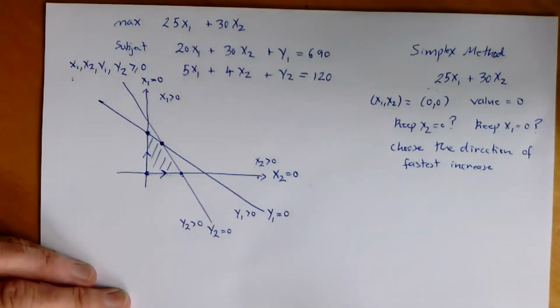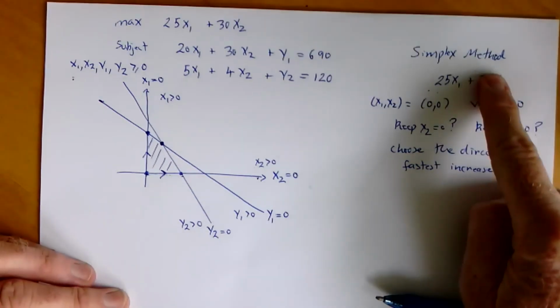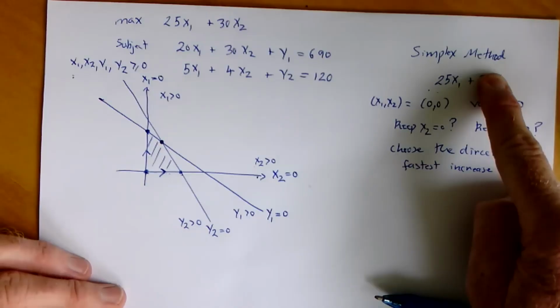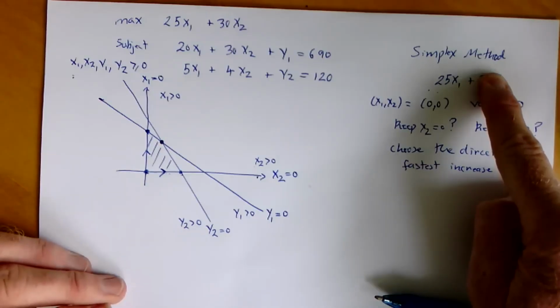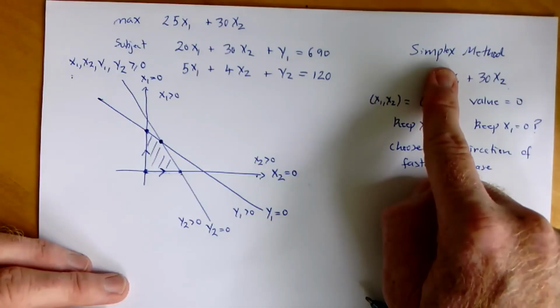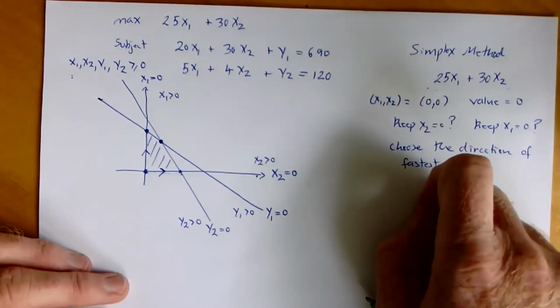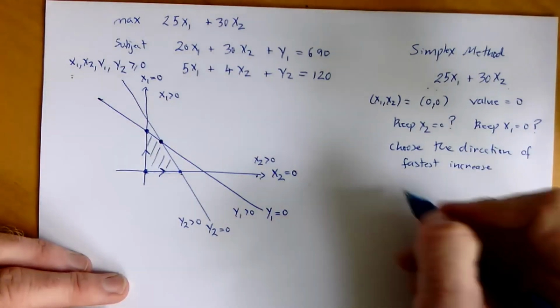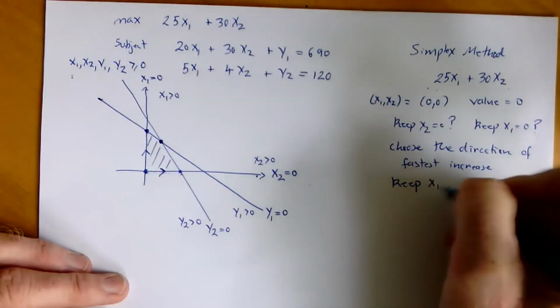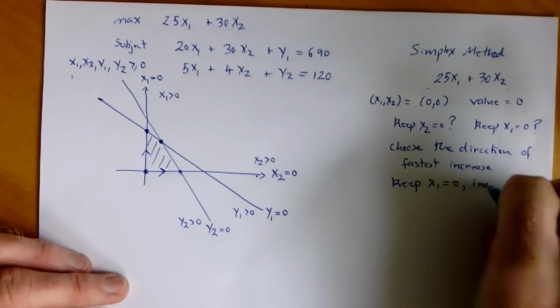Right? Well, if I keep x2 equal to 0, my objective function just is 25x1. So we know just from calculus that that has a rate of change of 25 or a slope of 25. So as I increase x1 by 1 unit, the objective function increases by 25. Likewise, for the other case, if I increase x2 by 1 unit, that slope in that direction is 30, so it increases at a higher rate than the other direction. So here we should keep x1 equal to 0, and we should increase